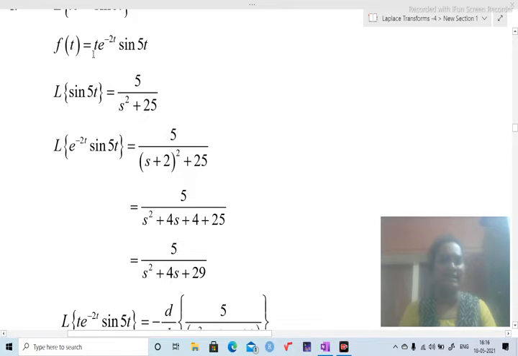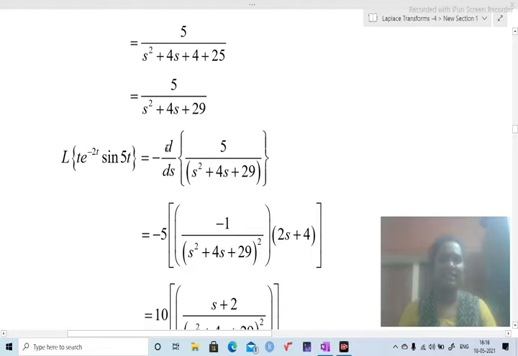Observe here t is there. That means one time differentiation: minus d by ds of this, the minus is in the formula itself. That's why we are taking minus d by ds of this quantity. Again 5 is constant. Again the same formula, that is 1 by x power n formula, that means minus n by x power n plus 1. Here the power of this term is 1, that's why I am going to write minus 1 by this denominator, as 1 plus 1 is 2.